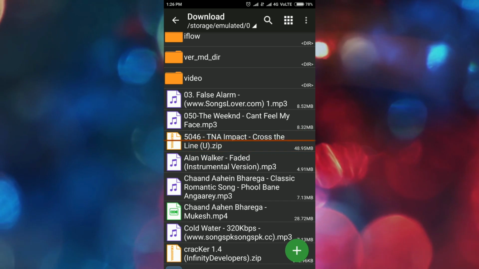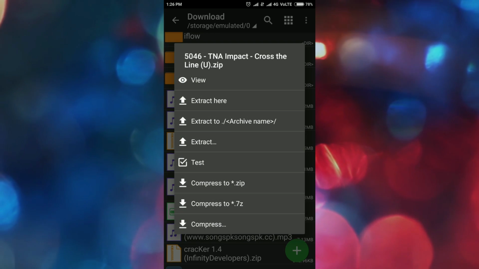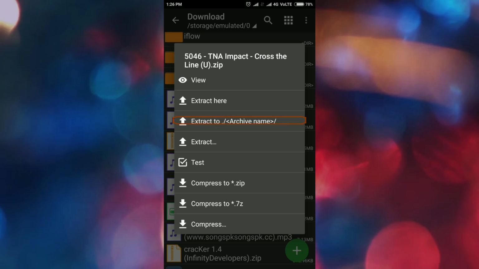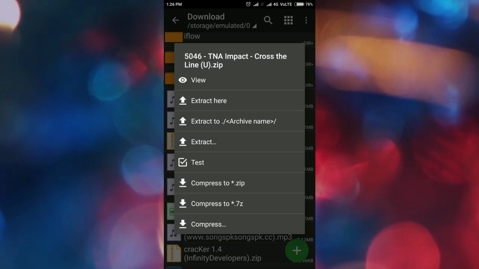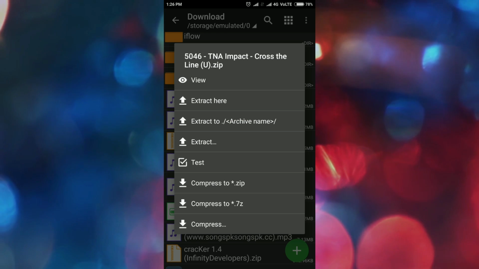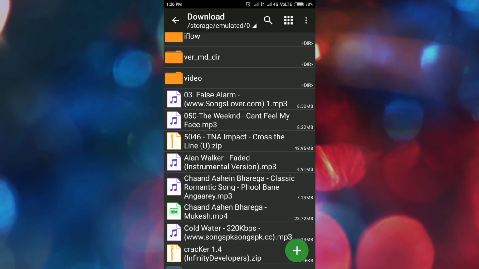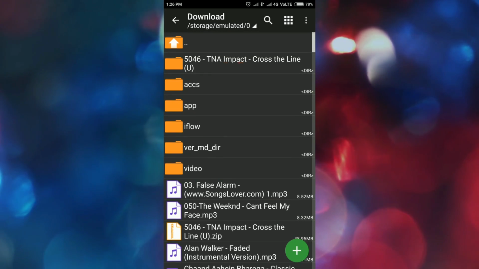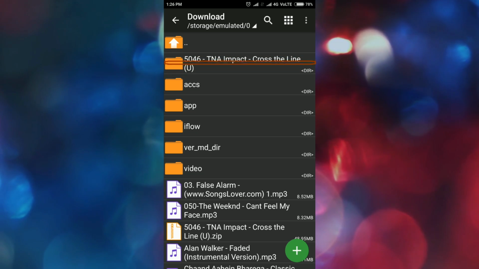So what you have to do is just click on it, and after that you will see these options. So you need to click on the extract to archive name option, as you can see here. So after clicking on it, it will extract this game on your Android device. Well guys, as you can see, the file is already extracted on my Android device because I already extracted it.